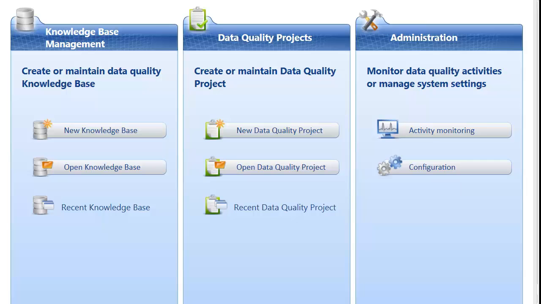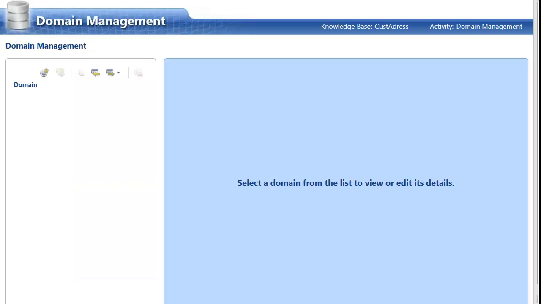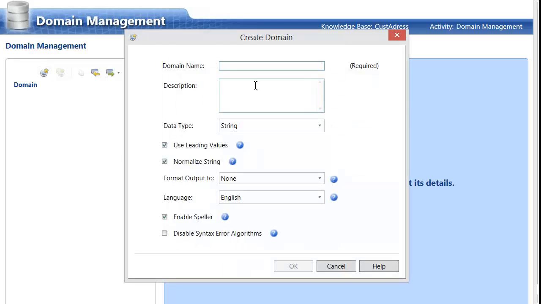So what I'm going to do is set up a new knowledge base from scratch. I'm going to call this customer address. For this knowledge base, I'm going to create several domains, and then a composite domain to hold those domains. Now, I already know the structure of my data ahead of time, so I can do this fairly quickly. So I will have address,